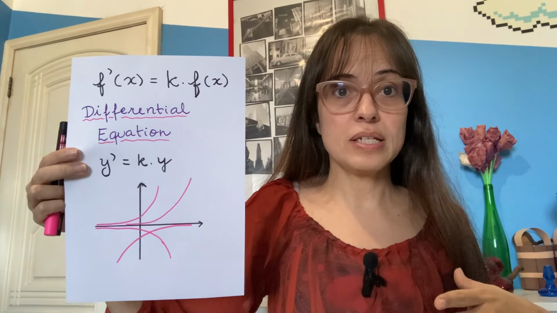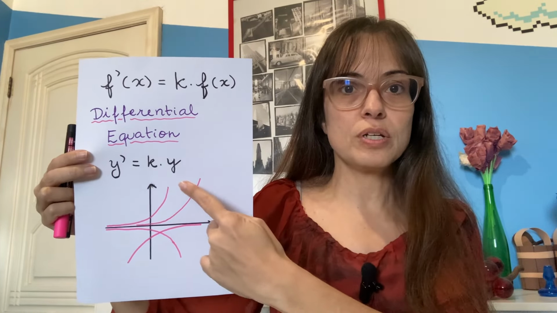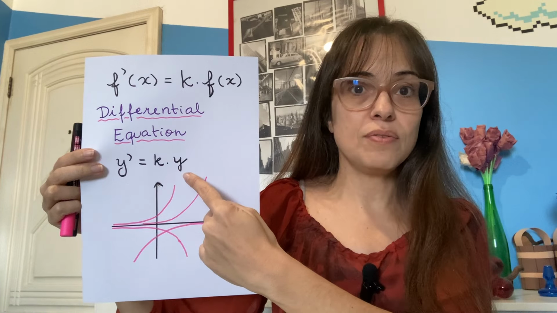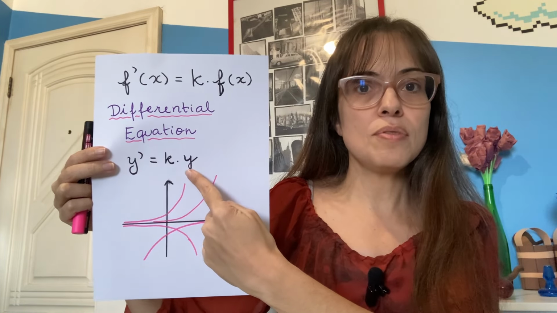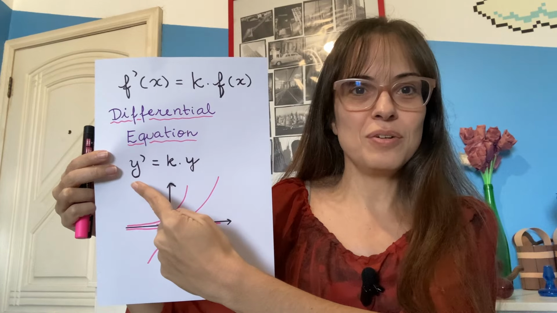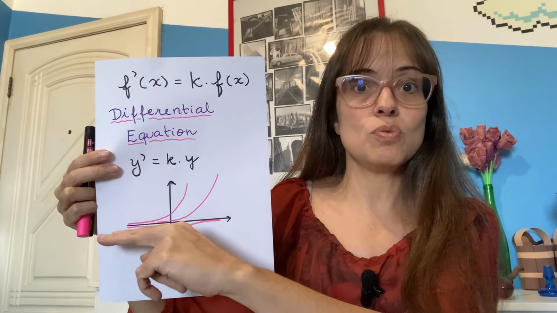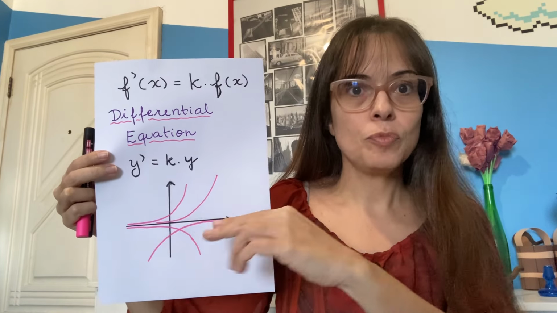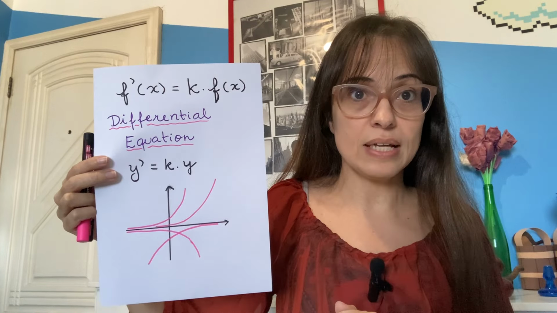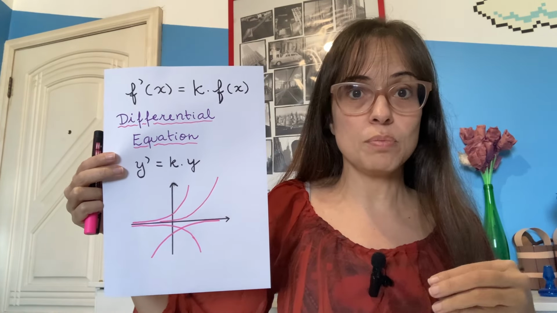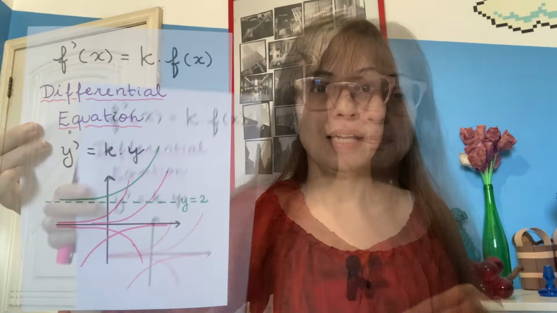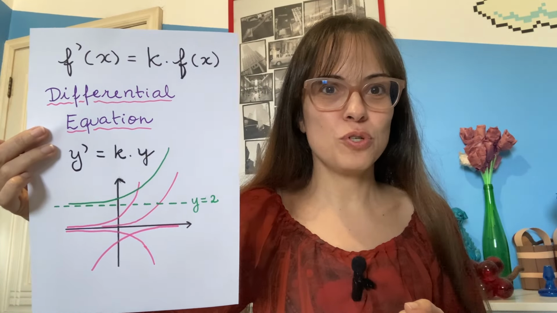But the horizontal asymptote is always going to be at 0, because y equals 0 is the value that makes the right side of the differential equation equal to 0. And therefore, the left-hand side, which is the derivative, also has to be 0 here, which makes it the horizontal asymptote. Now, if we wanted a horizontal asymptote at a different value, like here, for example, at y equals 2,